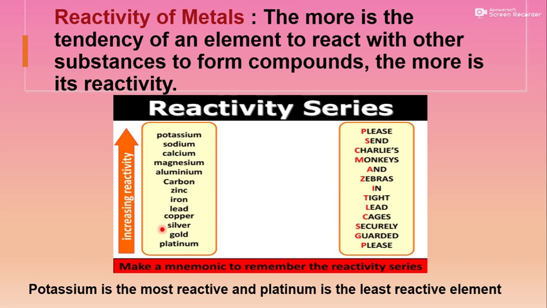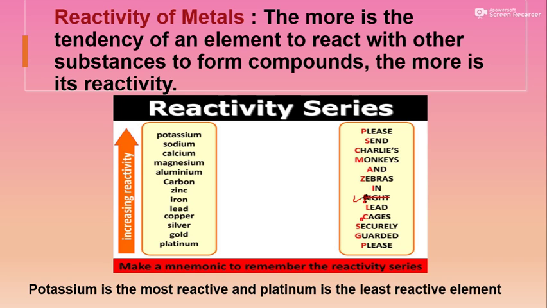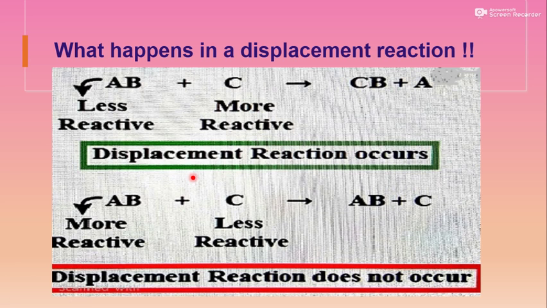Take some iron nails and clean their surface. As I already told you in the case of magnesium, these are metals and they react with atmospheric gases to form a layer on their surface. So before starting the reaction, we should clean the surface of the metal. The same we did here. Take some iron nails and clean their surface by rubbing with sandpaper and put them in a test tube.